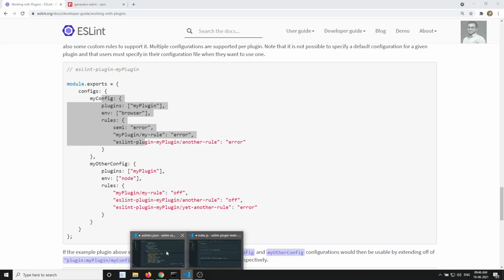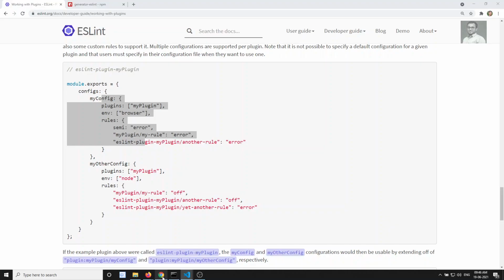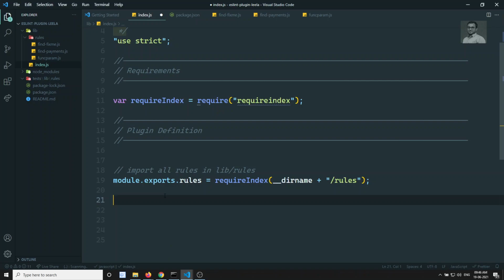Now let's try to do it. Here we have module.exports.rules. In the same scenario you need to write module.exports, and inside that we need to add an extra property, configs.